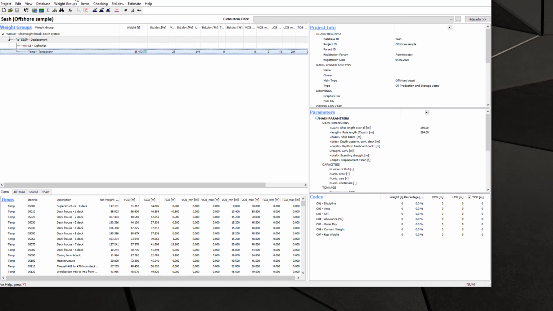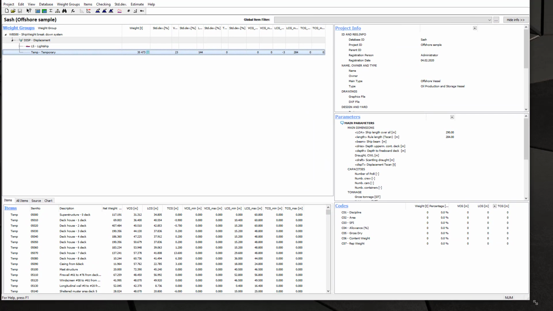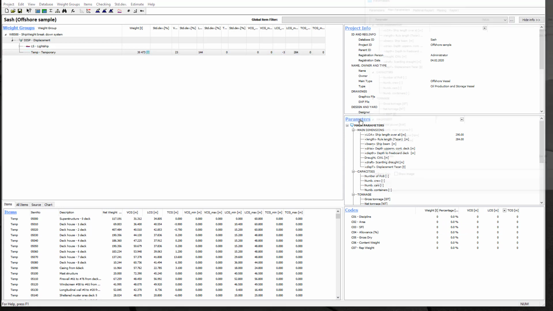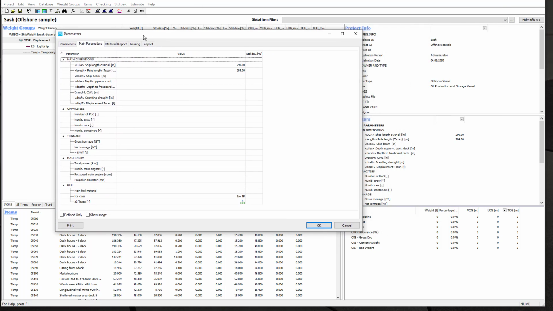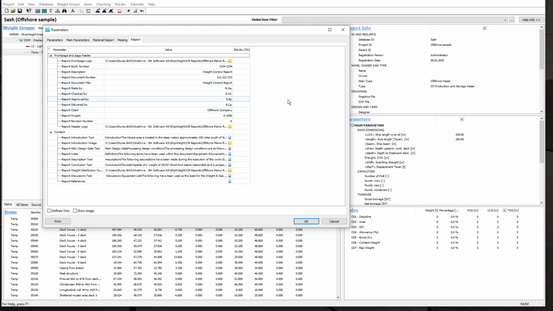so I'm just going to bring up another project. This is the offshore sample project, and I'm going to go back to those new parameters that we just saw, and I'm going to show you how those can be utilized in a report now. So here we've defined our own report parameter view,